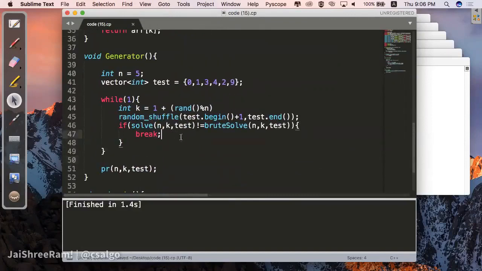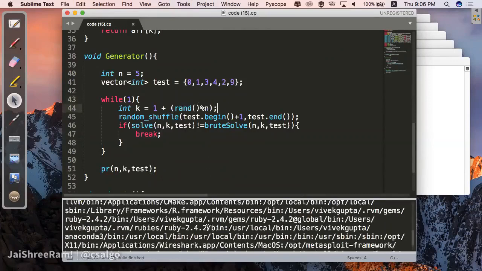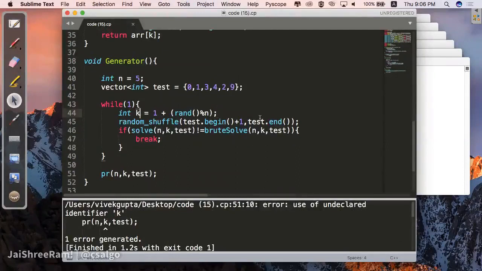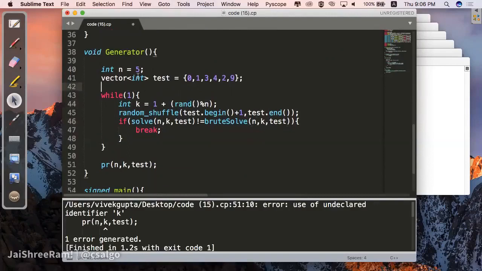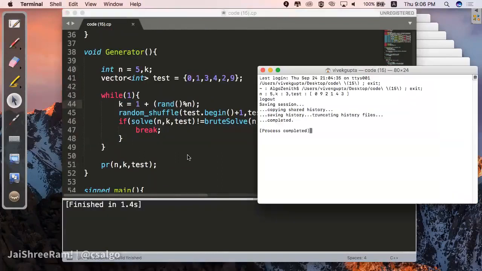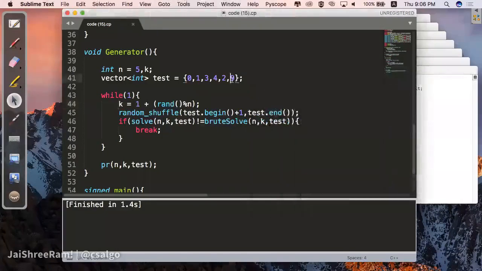Now, once you have these things in place, let's see which test case is failing us. We want to put a semicolon over here, and then, okay, there's some more mistakes. We declared n and k, right? So we have to declare the k over here because we are going to print the k that failed, right? So that's it. So with this test case, k equal to 3 fails. So now we are done with finding a test case where it will fail. So let's try to assign it to this particular value. So let's now analyze why I'm failing.